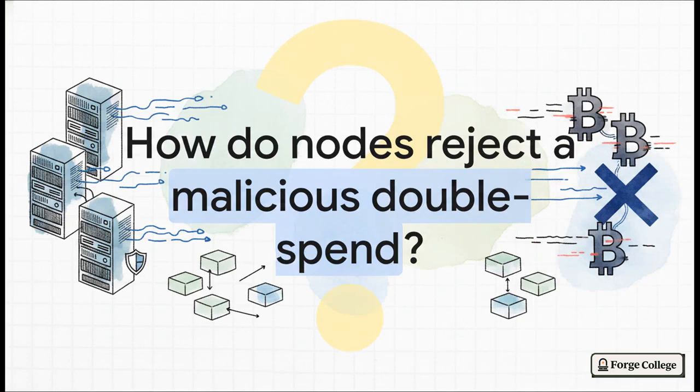Which leaves us with a pretty massive cliffhanger. If propagation delays create these dangerous exploit windows, how do honest nodes systematically detect and reject a malicious double spend before it's too late? Well, that involves deterministic consensus rules, and that is exactly what we are going to tackle